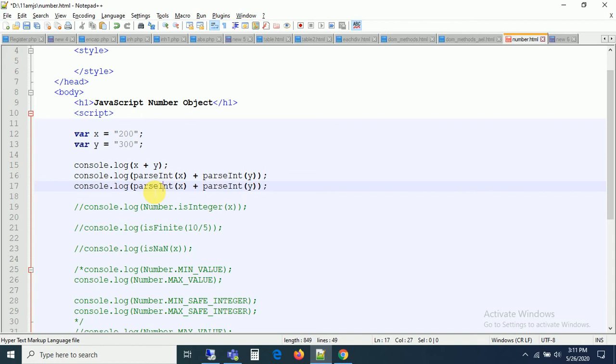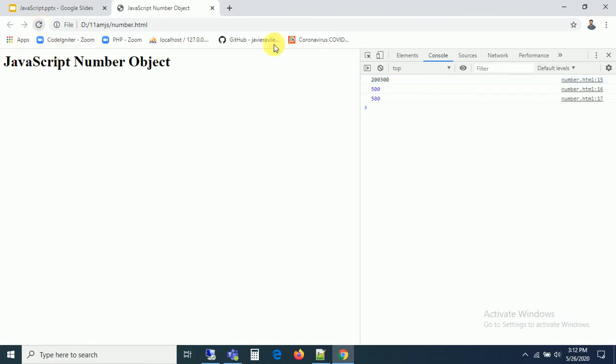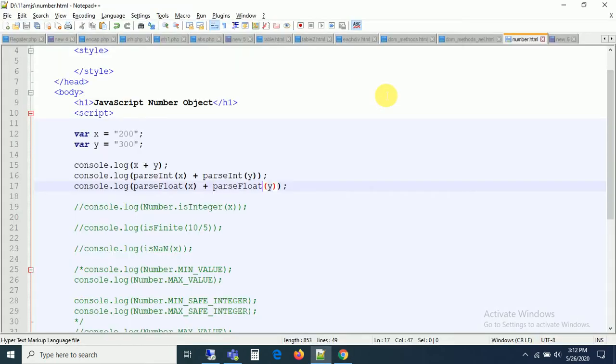Can you check it here? I'm going to use parseFloat also. For example, if you have any floating point values inside of it, that is going to be converted, guys, right? Now you can see you get the same output, but here it is concatenated, because I didn't apply conversion here. I applied conversion in both situations. For example, if you have some decimal values like 1.2 and here also, now you can observe this carefully. In this we cannot get the decimal values, but definitely here we will get the decimal values.